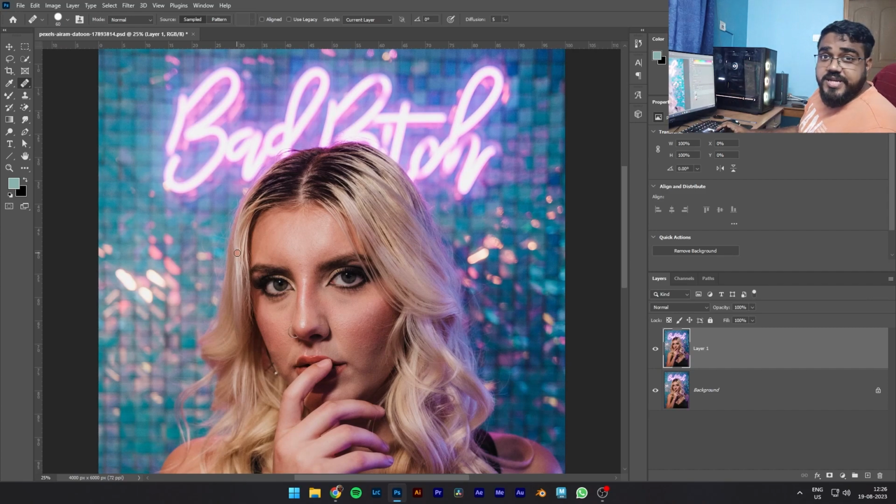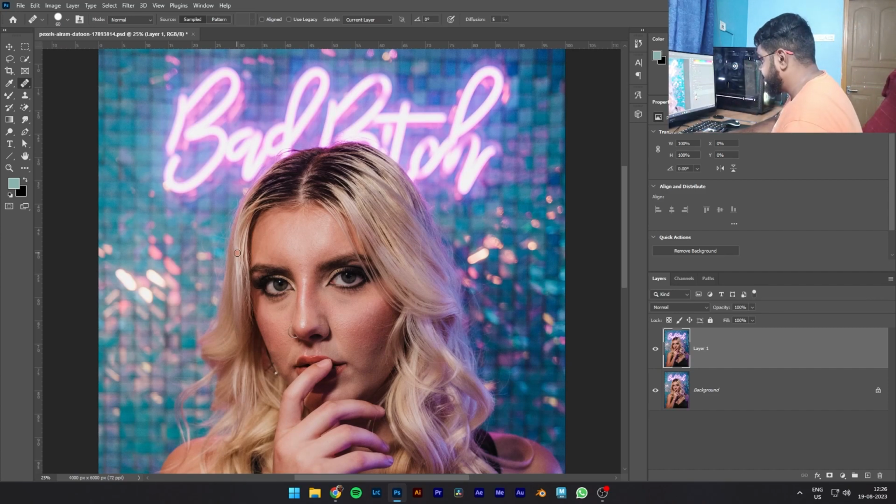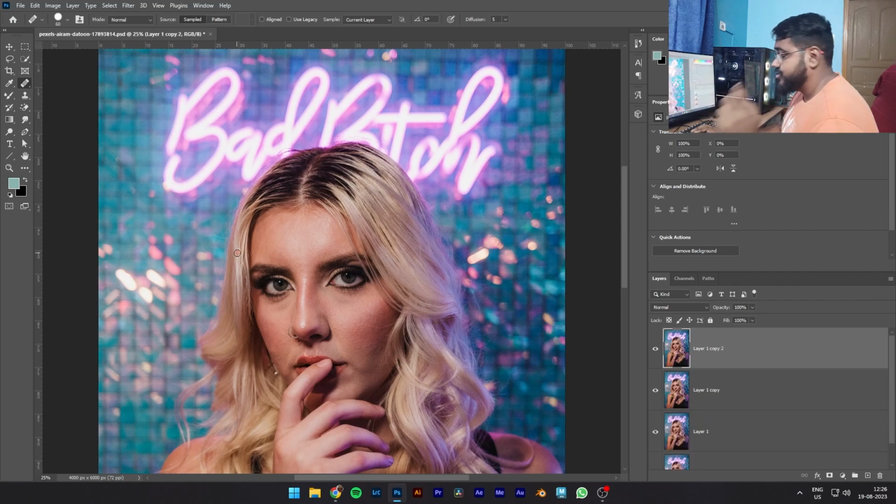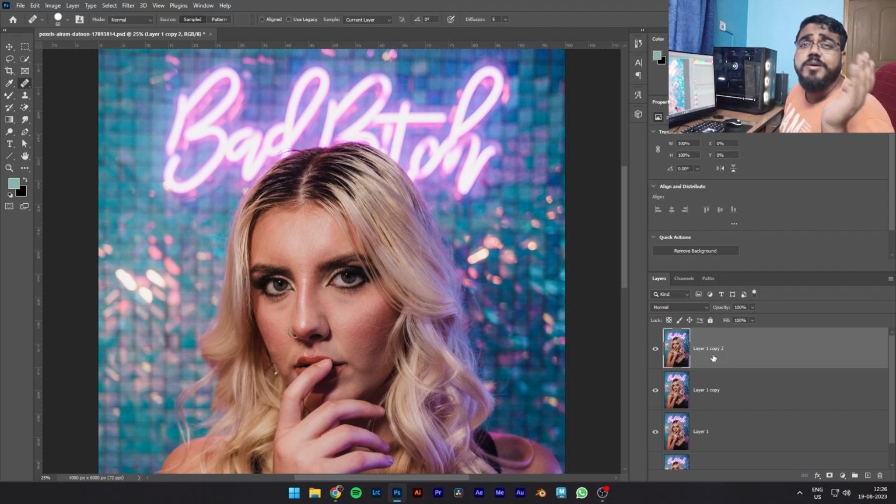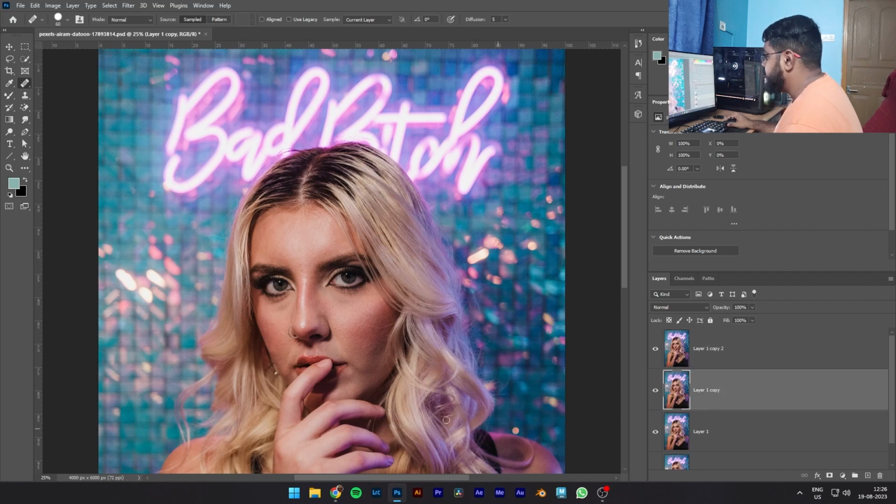Now, when this part is done, this is when we get to the frequency separation. Let's Control J twice because we need 2 copies. Okay, first let's rename the layer to color and texture. I'm not going to do it, but if you want, rename both the layers so it's easier for you to find later. Now, first things first, we are going to select the bottom layer, hide the top layer, and